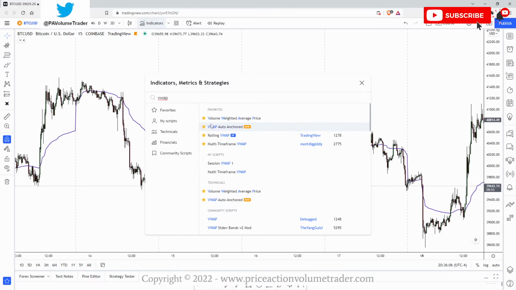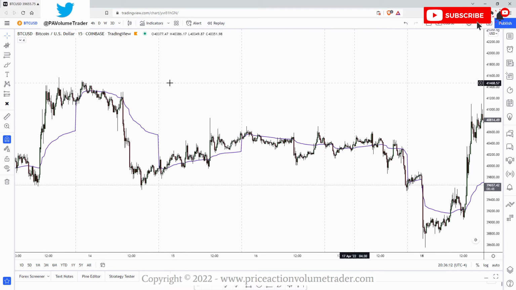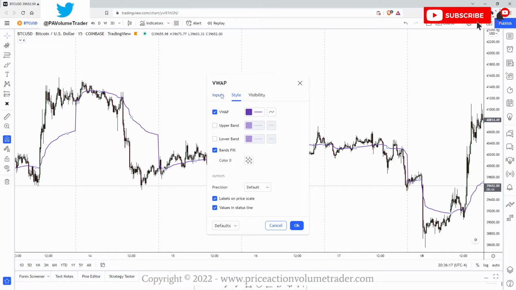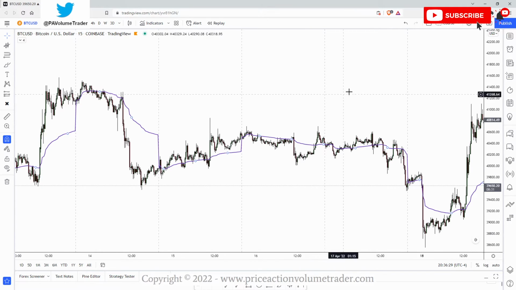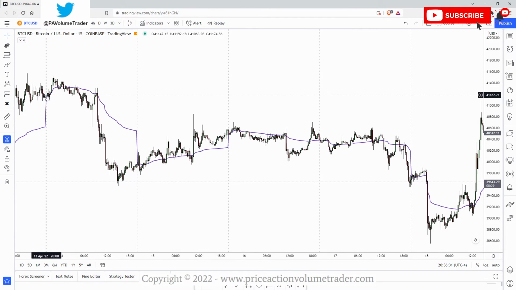I have a few that I have marked as favorite. This is the standard TradingView indicator for VWAP that I have. Basically it is going to be a VWAP of just the day session here. This is the chart VWAP. You can change settings here. You can adjust things as you want, but in this case you have a 24-hour VWAP from start to